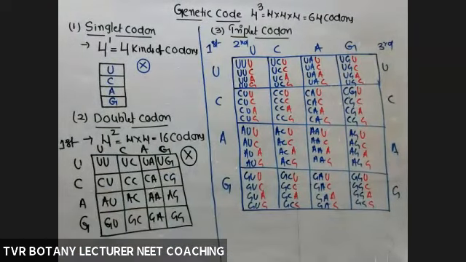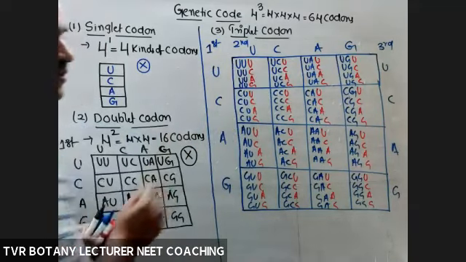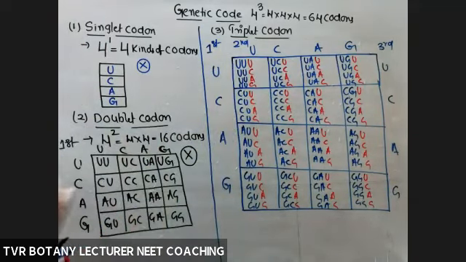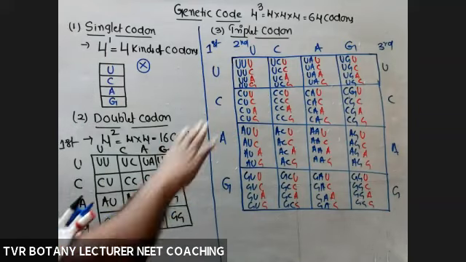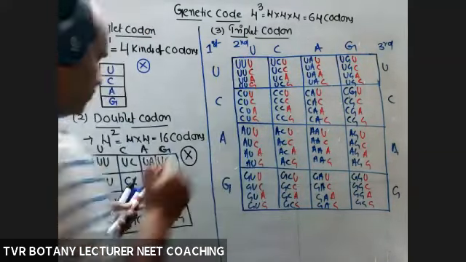Okay, so now, total number of triplet codons. How many kinds now? 64 kinds. So 16 converted into 64 because of the third position of the codon. So how to memorize these codons? You can prepare a flowchart up to here. From here onwards, this one codes for what type of amino acid.